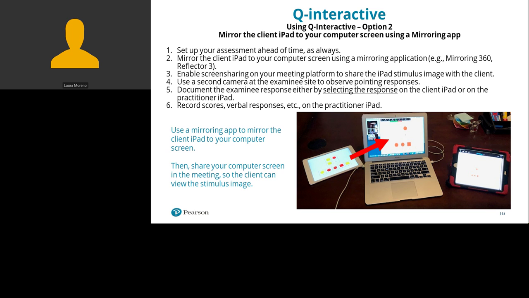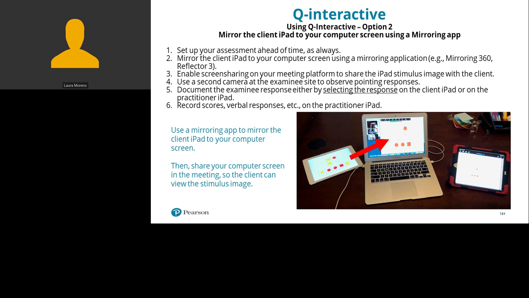You would log into the video meeting platform on your computer as the host of the meeting. And then a second camera would be set up at the examinee's location, allowing you the ability to observe pointing responses. You would document the examinee's responses either by selecting the response on the client iPad or the practitioner iPad. And you would record scores, verbal responses, again, take notes, etc., on the practitioner-facing iPad.